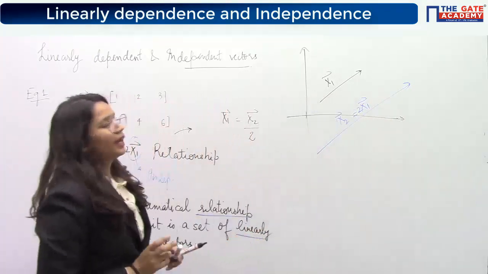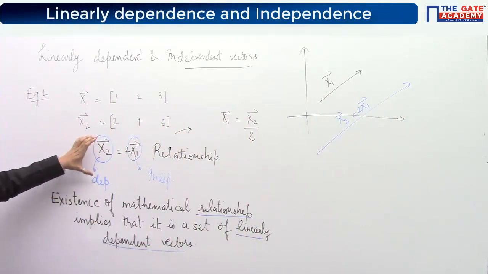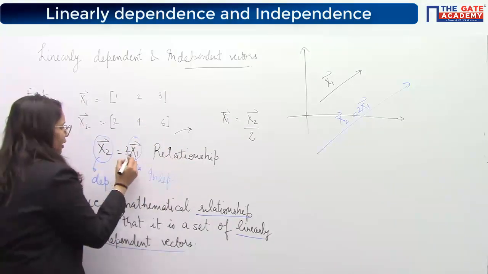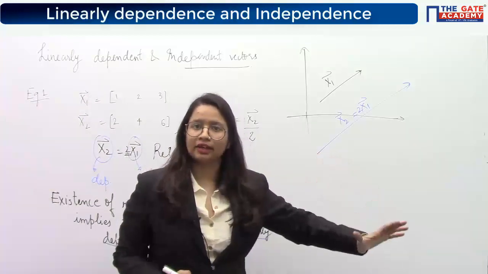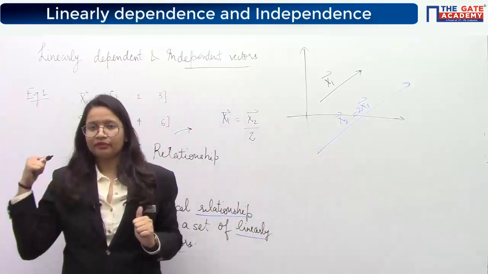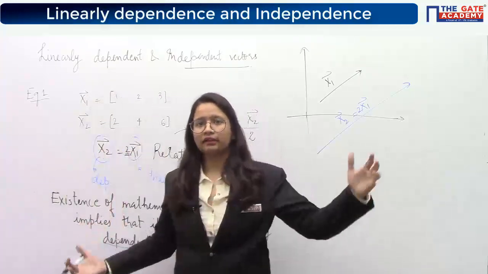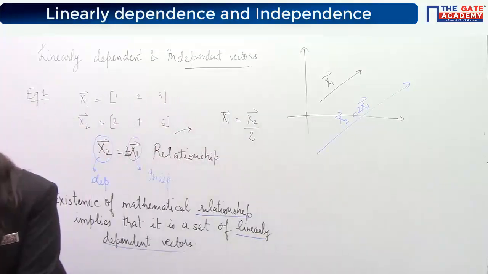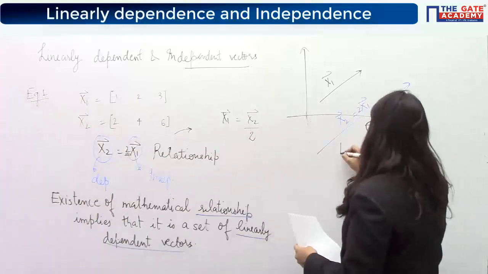So now can I say that if two vectors are linearly dependent, that means you can write one as a multiple of the other. That means those vectors will always be parallel to each other. Can I say that or not? Are you getting my point? If you can write this relationship, that directly implies that they will always be parallel. Okay, so draw this graph and write one point after this.